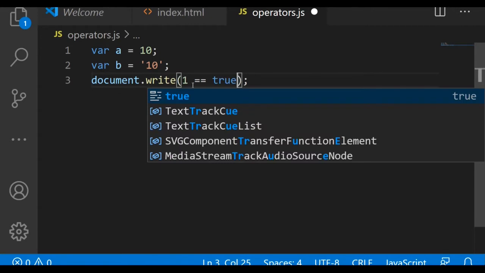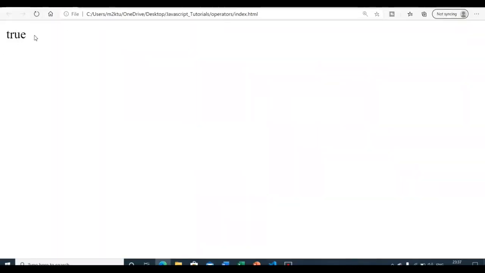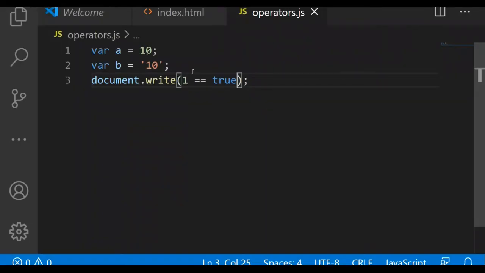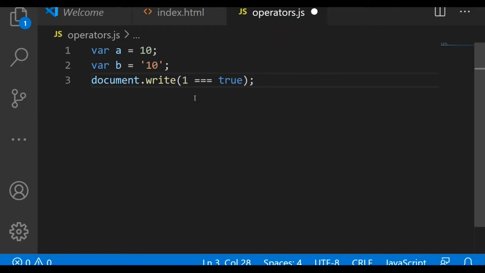Okay, now the second comparison operator, which is triple equal to, or the strict equality operator. This one is also used to check operand equality, but unlike double equal to, it does not change the type of the operand. So results for the same type are the same as double equal to, but for different types of operands it will return false.